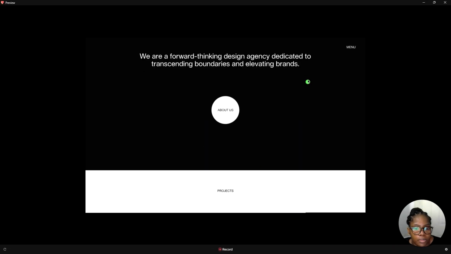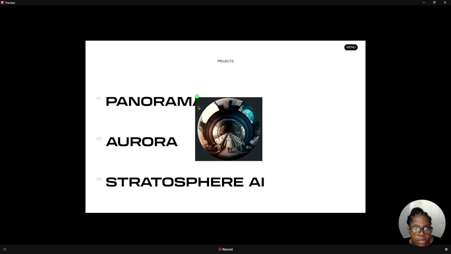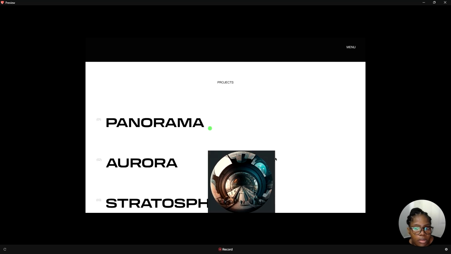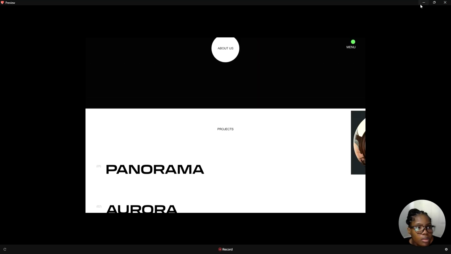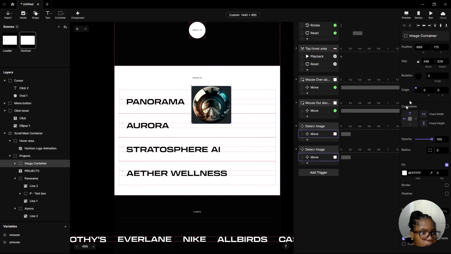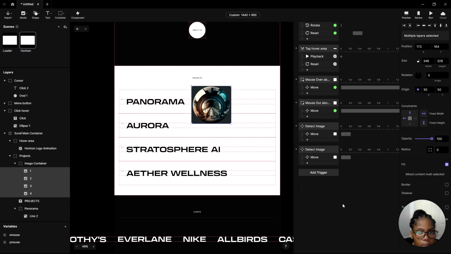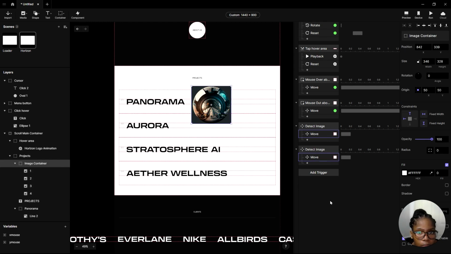So you can see this image, it's following itself, which is what we want. Let's just make sure the origin is set like this, and everything inside as well is set here. Okay,